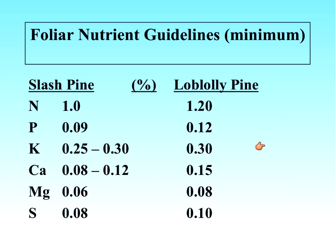The next two slides kind of show you some foliar nutrient guidelines, and these are just guidelines. Again, recognize that they're not known with perfect exactness, but you can see for nitrogen, about 1% is the critical level for slash pine. It's about 1.2 for loblolly. And if you look across these two columns, you'll see that the critical concentrations are higher for loblolly than they